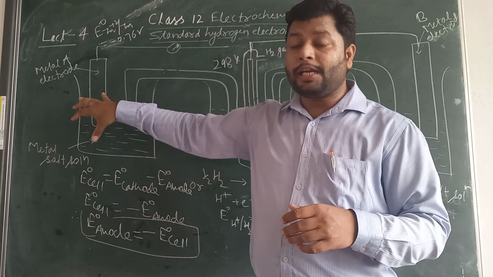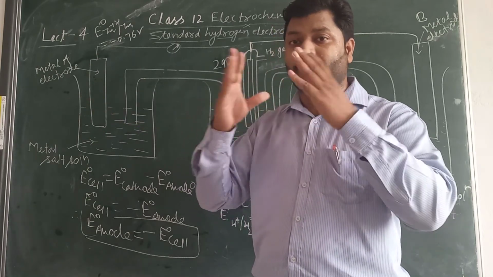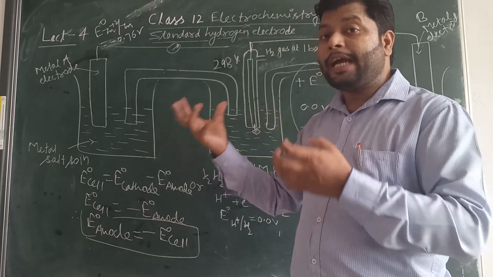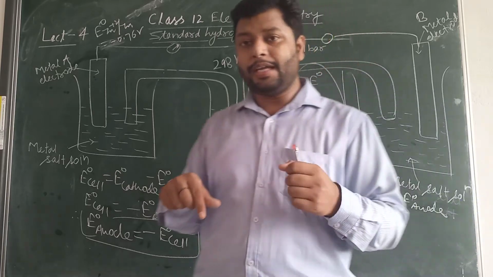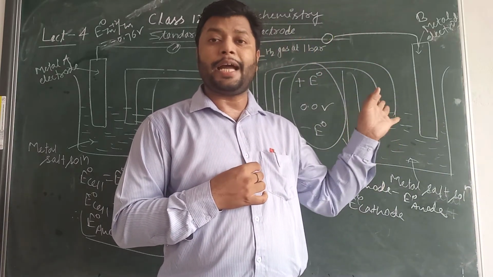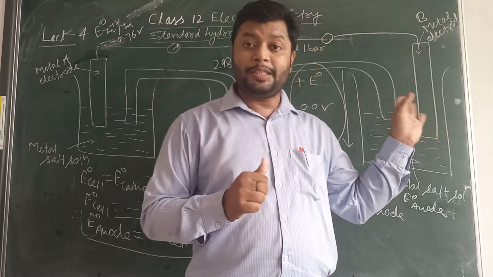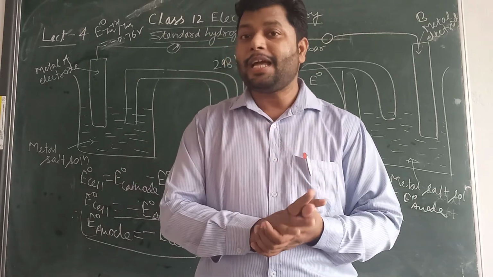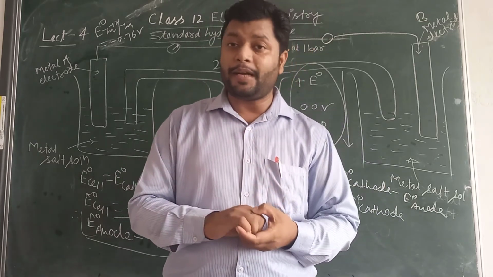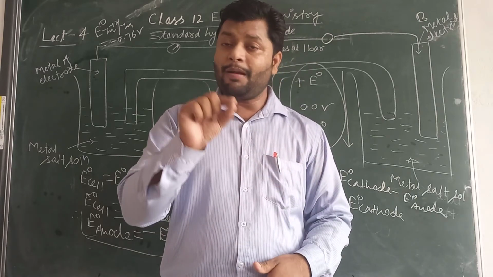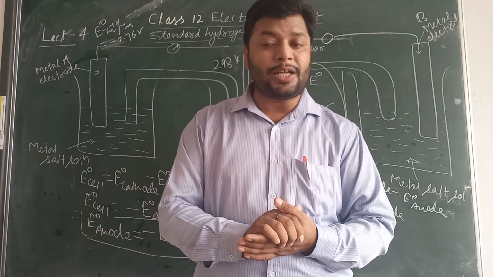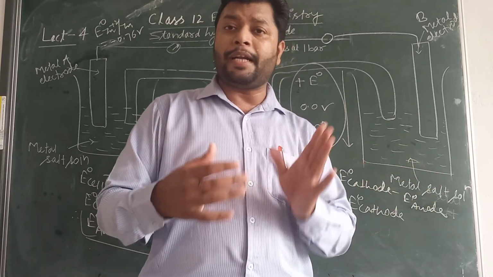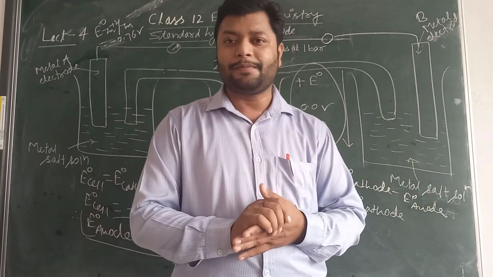Because these electrodes have a tendency to release their electrons, and hydrogen must accept electrons. In the same way, the metals which have a tendency to be a cathode compared to the hydrogen electrode must be less active than hydrogen, and that is the reason why copper is less active than hydrogen. In class 10th, in displacement reactions, you already learned copper metal cannot displace hydrogen from the acid solution because of its less reactivity. Like copper, silver, gold, platinum, mercury, lead, they all have the same tendency.